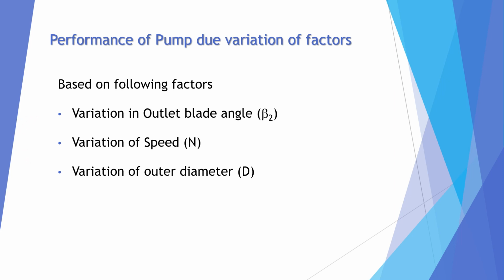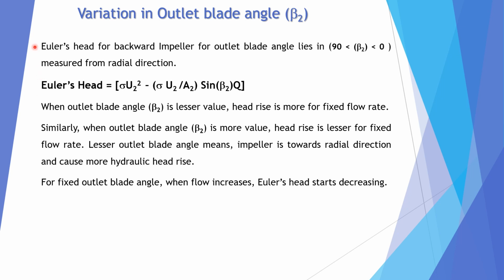The following factors are responsible for the performance of a pump: variation in outlet blade angle, that is beta 2, variation of speed, that is N, and variation of outlet diameter, that is D2. Euler head